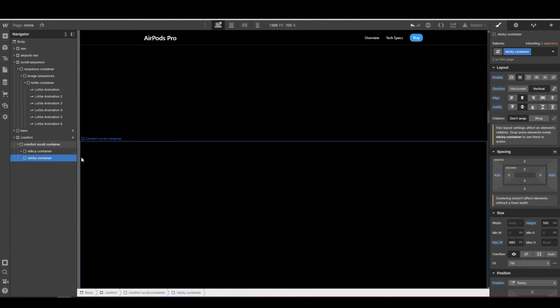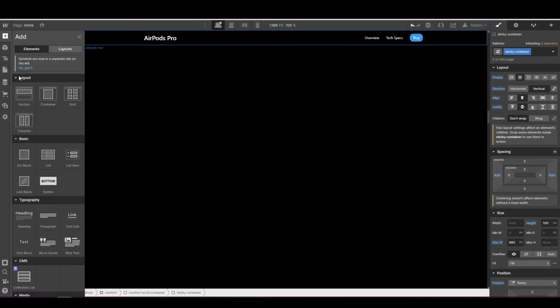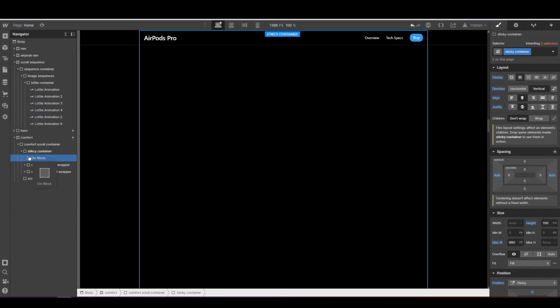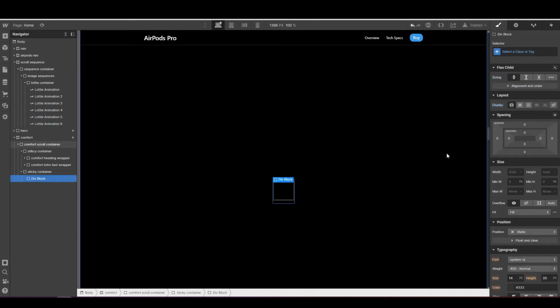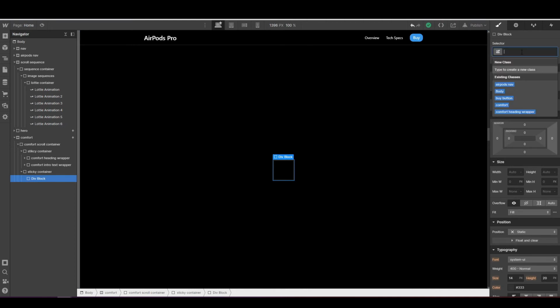And inside that one, we have another div block. And this div block is the comfort tips. So let's go and build. We call this one comfort tips. Comfort tips. We give it